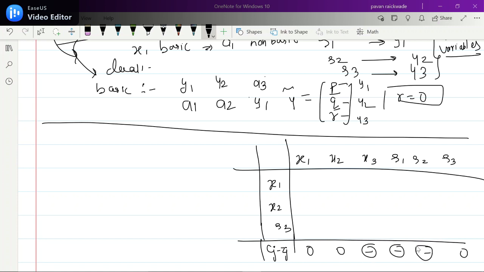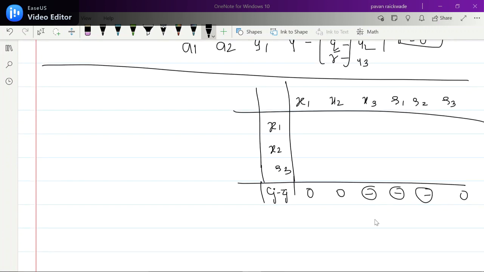Here we don't know what the values are, but the theory says these values correspond to the optimal value of the dual of the problem. I mean, minus of these values. So corresponding to x3 we will have minus a3. Corresponding to S1, the Cj minus Zj will give you minus y1 at the optimum of the dual. Corresponding to S2, you will get minus y2 at the optimum of the dual.